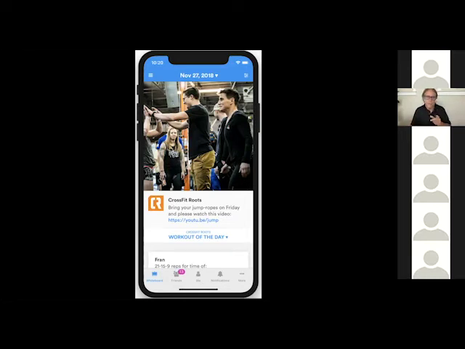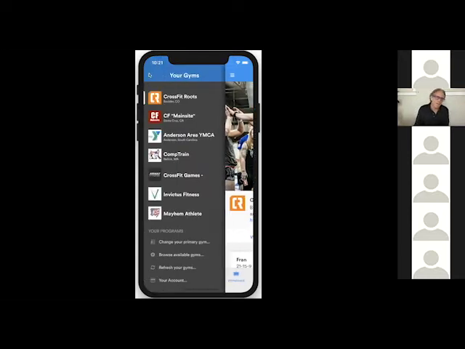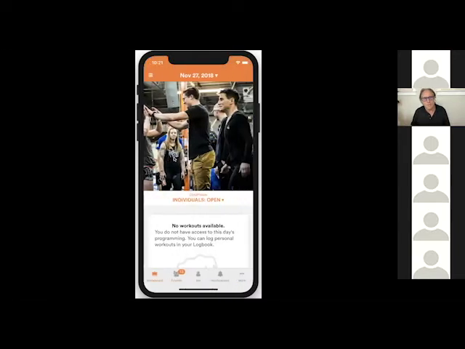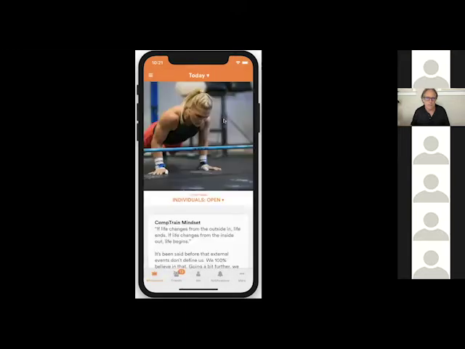Okay, before we move away from the mobile app, I'm going to show you one other thing that's pretty cool and pretty new for us. I'm going to click on this upper left-hand icon and slide out the drawer of all the gyms that I'm a member of. So if one of your athletes does choose to subscribe to CompTrain, or maybe they work out with you guys primarily, but they have a punch card at a gym in another city where they work, they can switch from gym to gym, and they can actually get their programming